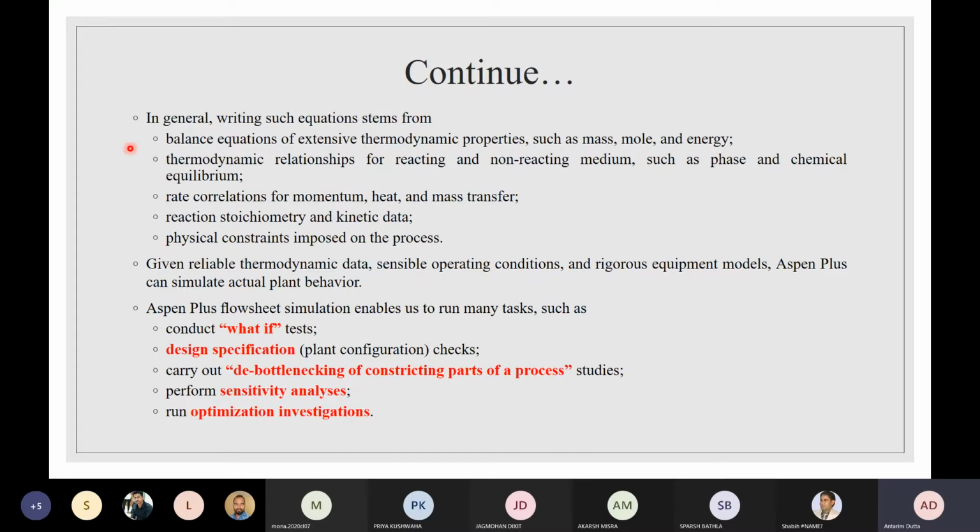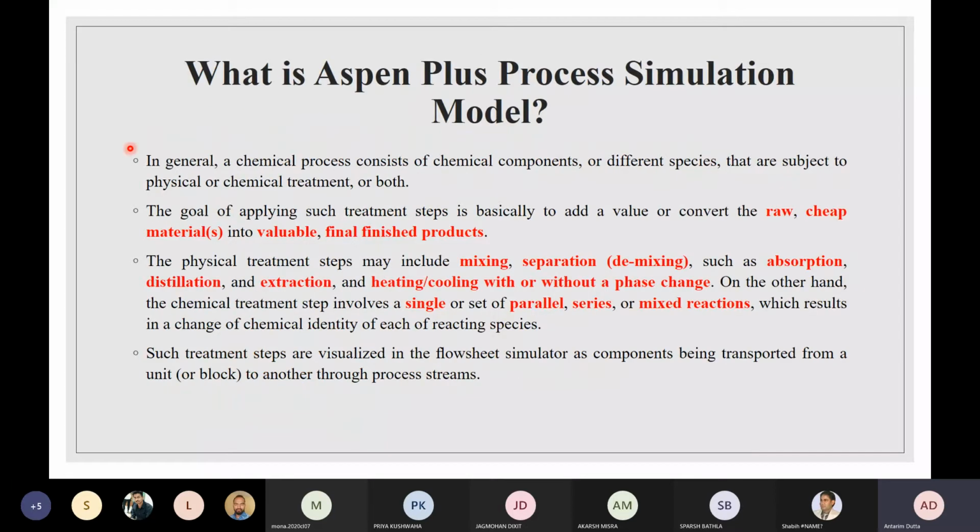Everything is present there. What you have to do is provide certain data depending on the degree of freedom of your system. So don't rush. We will tackle each and every single thing in later lectures. Today is the first lecture, and we will just have an overview of the software, and I will make you understand how to open the software and how to work on it at the very initial stage.